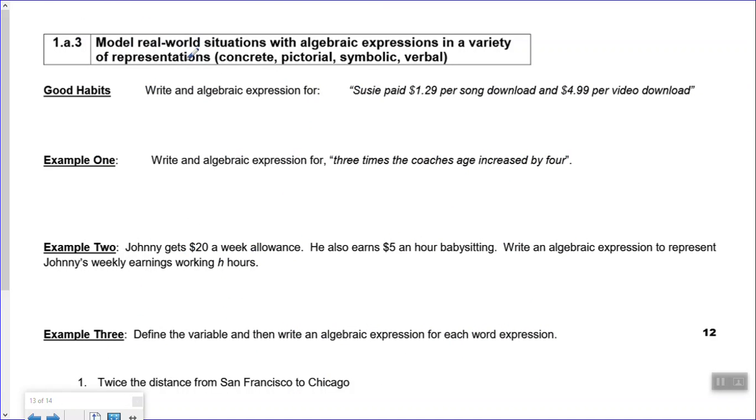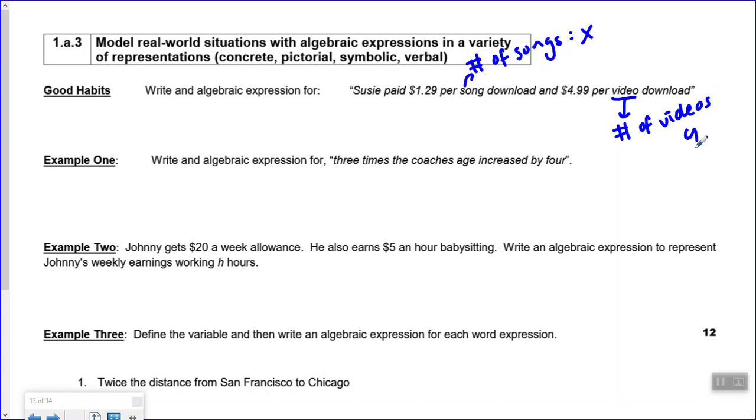And we have real world situations with algebraic expressions in a variety of representations. So concrete, pictorial, symbolic, verbal. So write an algebraic expression for Susie paid $1.29 per song download and $4.99 per video download. So let's set up the variable. Let's say the number of songs she downloads is x, and then the number of videos she downloads